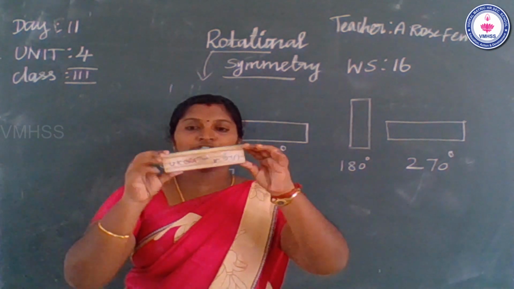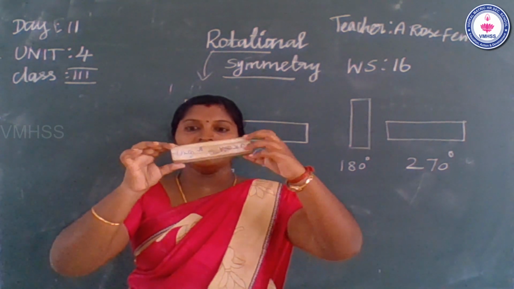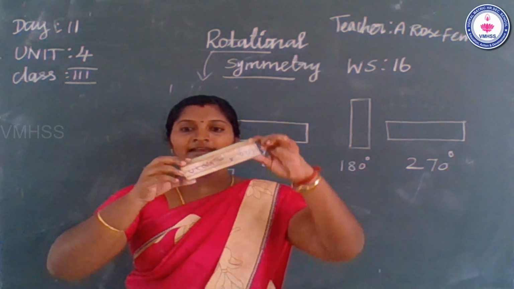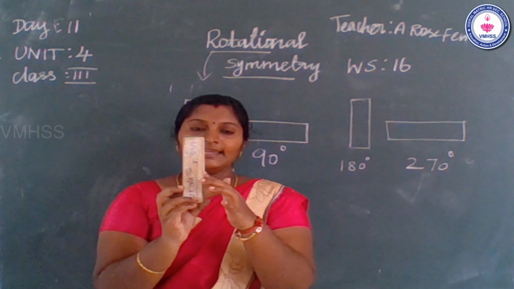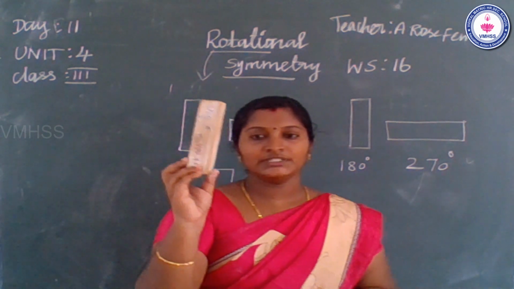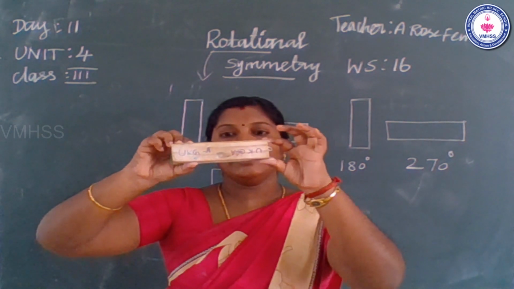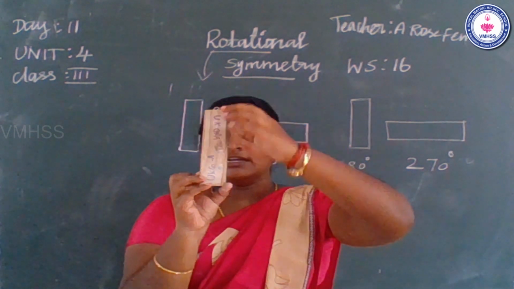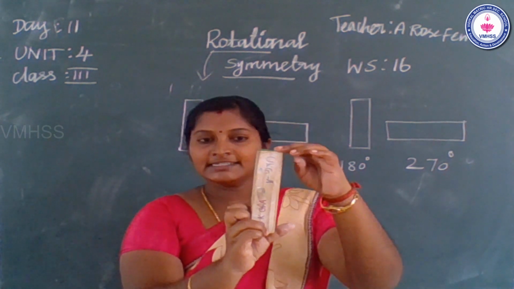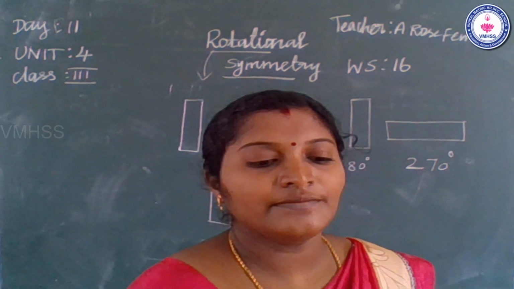Okay. Listen, ma. So first this is the original shape. I rotate 90 degree, and this one is 180 degree, and this is 270 degree, and this is 360 degree. So this is the same as the original shape. Okay, once again, so this is the original shape. Okay, so I rotate 90 degree and 180 degree. Okay, so this is 270 degree and original 360 degree. Okay, ma, you understand? Okay, listen.